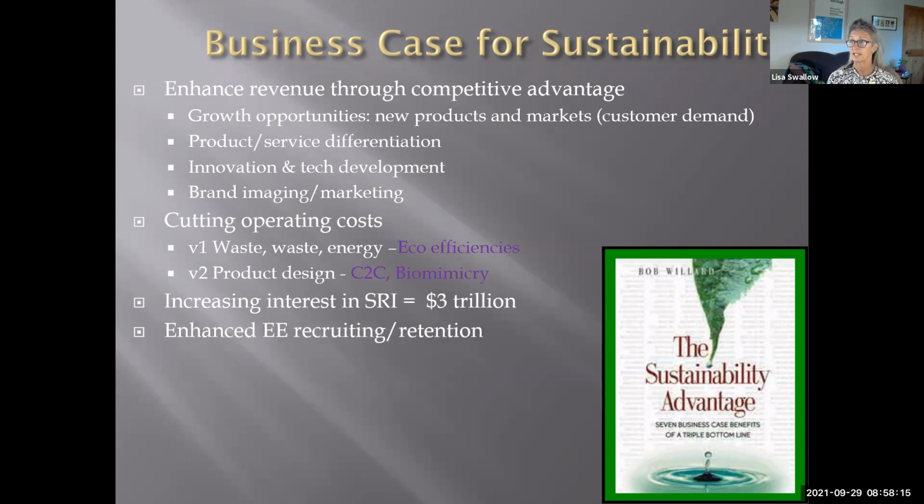We also see, this is again just the big, broad umbrella, kind of the macro view of the business case, that the ability to bring on really high quality employees and retain them is very enhanced in a company that carries a green ethos as the basis of their corporate culture. So this was sort of just speculated maybe 20 years ago, but now that we have some long-term research on it,